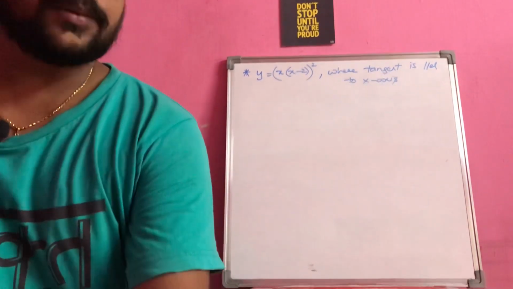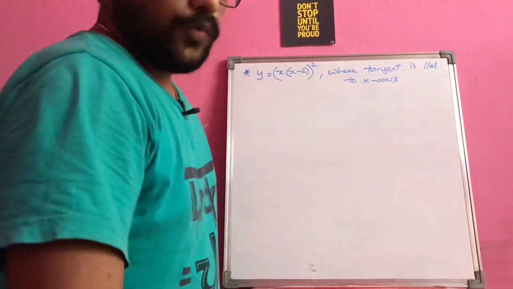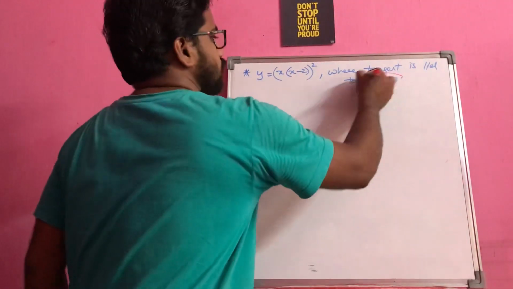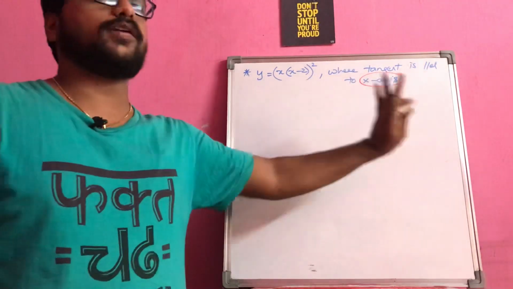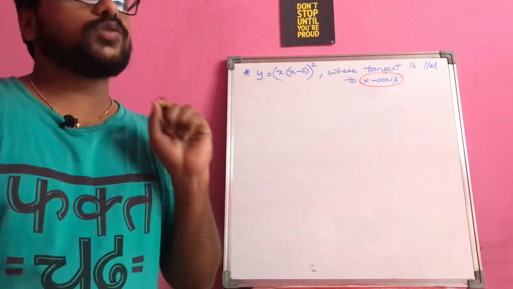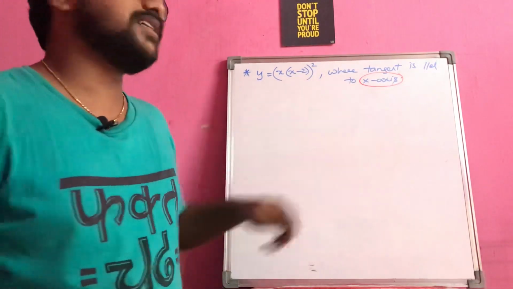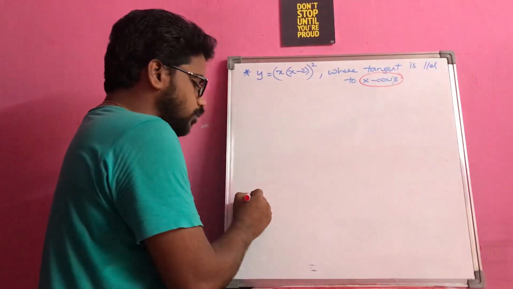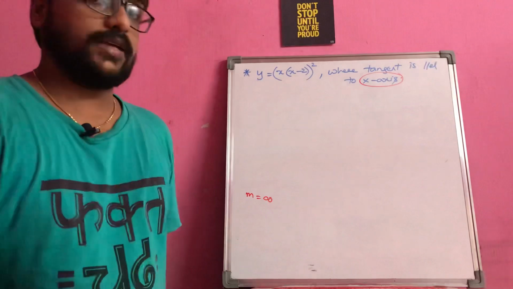See, it's very simple only, but why I am saying this is an important model? Because when they say it is parallel to the x-axis, you don't have any problem. Directly you will find dy by dx and you will equate it to 0. Usually students will get confused when they say it is parallel to the y-axis. Parallel to the y-axis means slope will be equal to infinity. How will we represent this? This is the first question they will get.